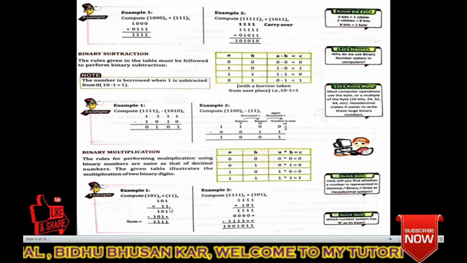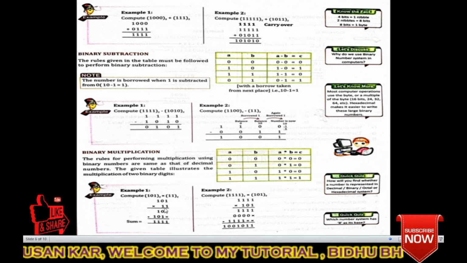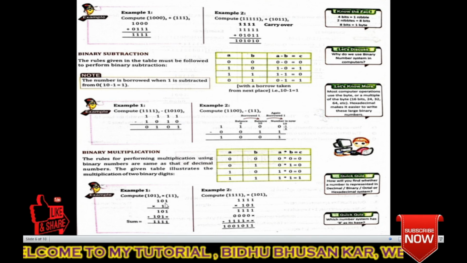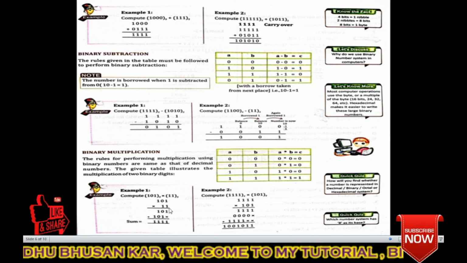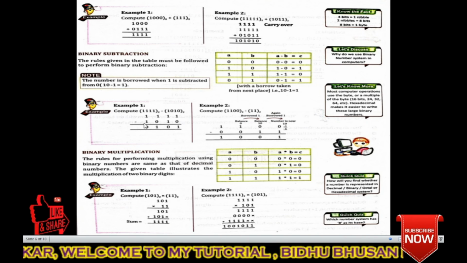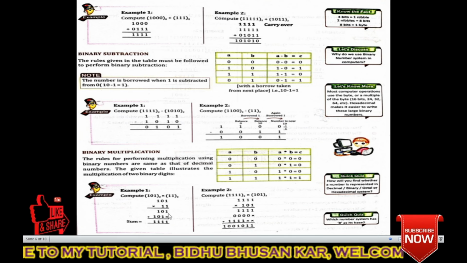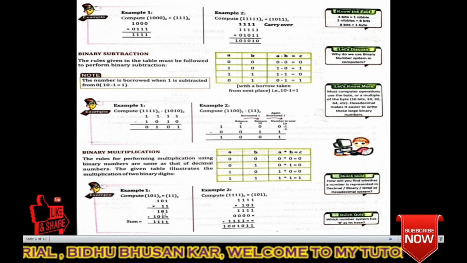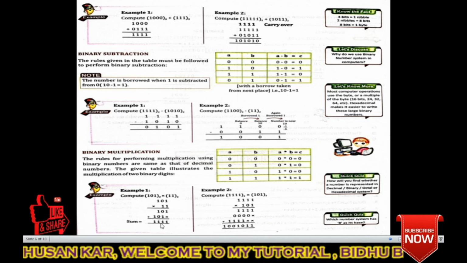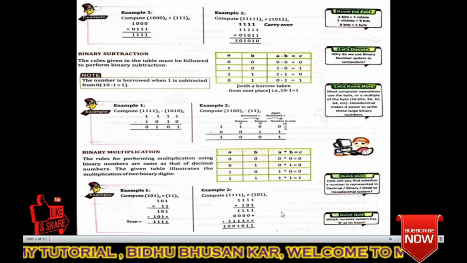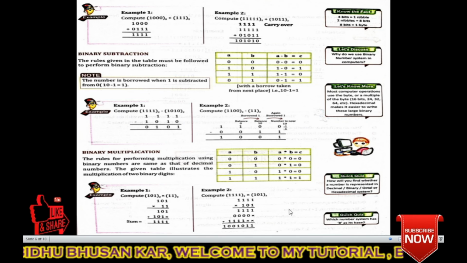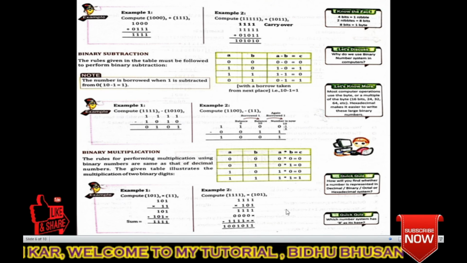Here it is written 1 into 1, 1, 1 into 0, 0, 1 into 1, 1, then 1 into 1, 1, 1 into 0, 0, 1 into 1, 1. Then simply you add it. How you are adding here? Yes or no? Then 1, 0, 1, 1, 1. So in this way you will add all these things. Okay, next. You just go to the second example, you can easily understand.